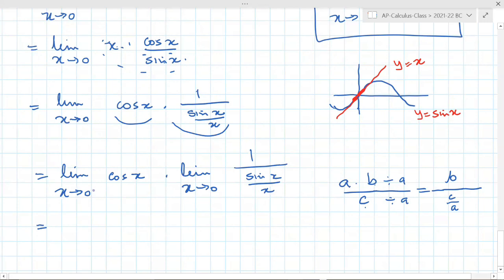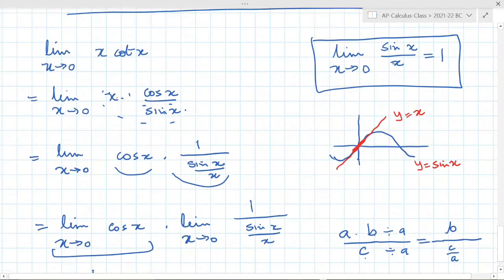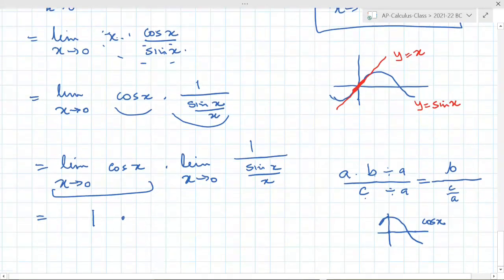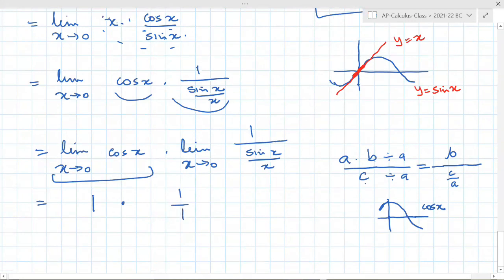So this one you can plug in. It's very easy, right? If you plug in 0 for cosine x, cosine 0 is 1. The cosine graph starts like this, so at 0, it is 1. Sine starts like that. So this part is 1. And this is 1 over sine x over x, and you already told me sine x over x is 1, so this is 1 over 1. So this is